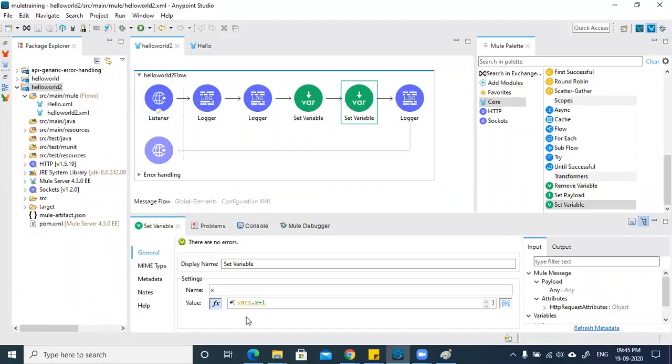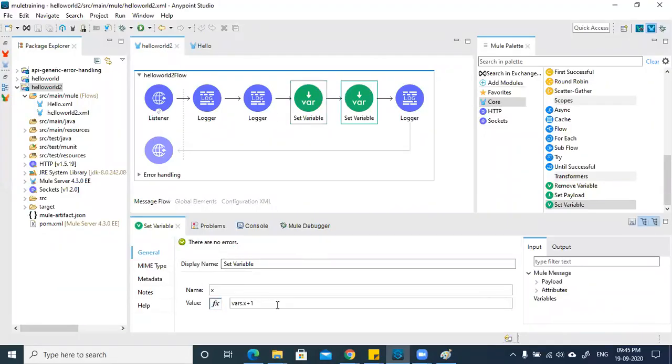Okay, why I have done this, I'm going to explain. But now we just look into what I'm doing, because right now I want to explain only this component, not the DW expression. Okay, so if you see here,